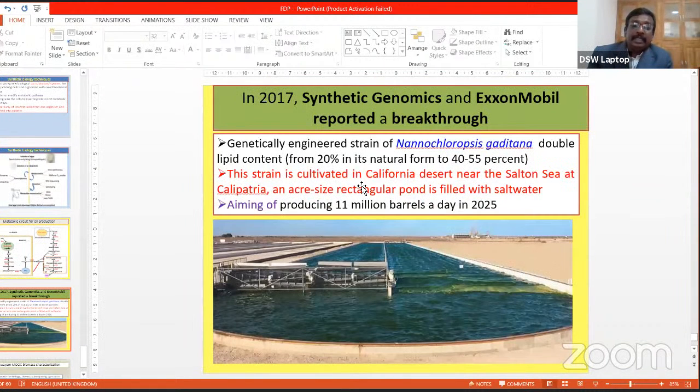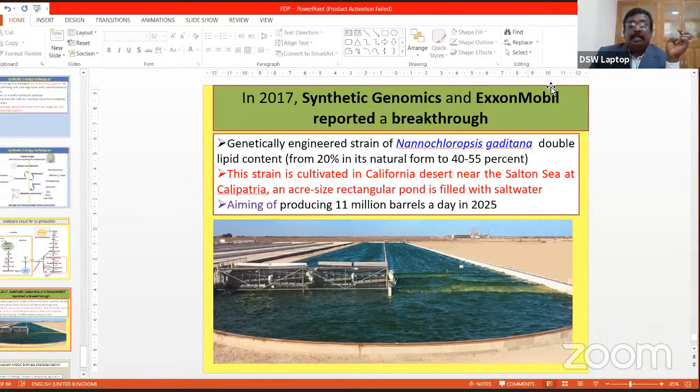So in synthetic biology, in Nannochloropsis, a usual microalga has about 20% oil content extracted, whereas in genetically engineered Nannochloropsis gigantea, the oil content is increased from 20% to 40 to 55%. That means enormous oil production is achieved by genetically engineered Nannochloropsis microalgae. That microalgae is grown in a vast land of raceway ponds,